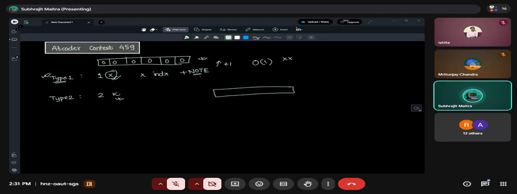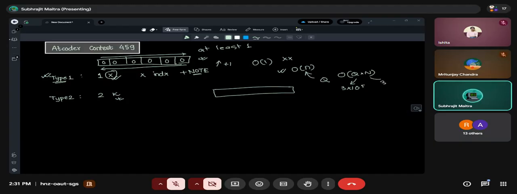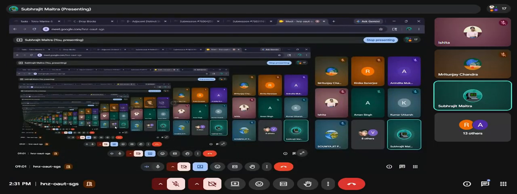What the problem is, it is told that if all the cells in the array have at least one block, then we need to decrement one block from each of the cells. This decrementing from each cell will take O of n time complexity. For q queries, the complexity will be O of q into n. Now q is 3 into 10 to the power 5, and at max, n is also 3 into 10 to the power 5. So it reaches 10 to the power 10, which will give TLE. So was this your approach?